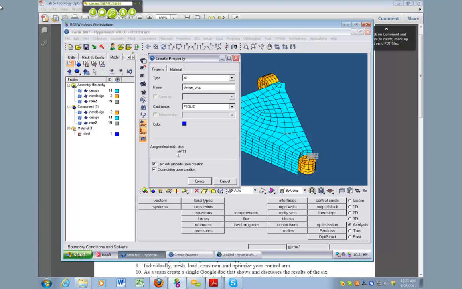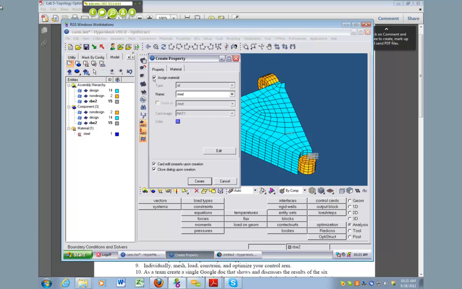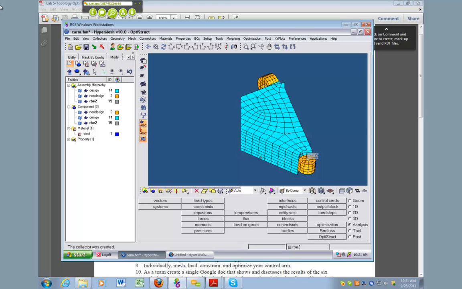And for the material, if you click on the material tab here, and it's not assigned, then go ahead and say assign material, and then name, and we'll pick steel. And then we will click create. And actually, I'm going to uncheck the card edit because we don't need to have that pop up. And so now we've created a property called